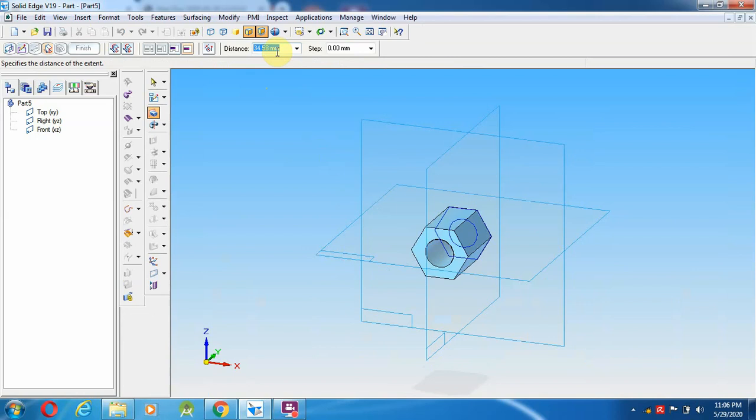So now 0.9 into 16 mm, 0.9 into 16, 14.40.